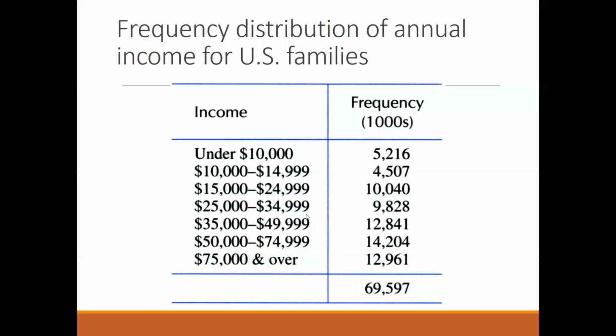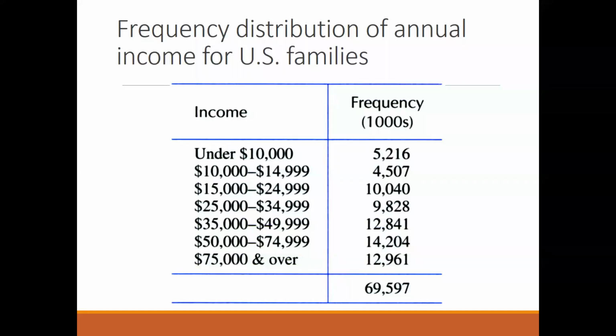Okay, so if you want to find out the probability that the family has salary between 25,000 and 34,999, what will be the probability? Please do the calculation and you can tell me. Anyone can just unmute yourself and tell me the answer. Sir, is it 0.14? Okay, I'm also doing it. Just 1 minute. 14.12%. Okay, that is in percentage. And if you want to call it in probability, it will be 0.14, up to 2 decimal places.